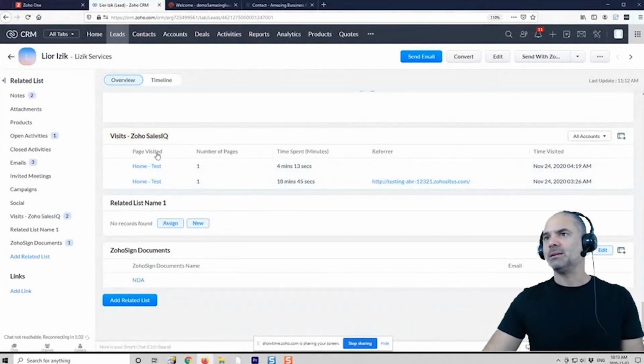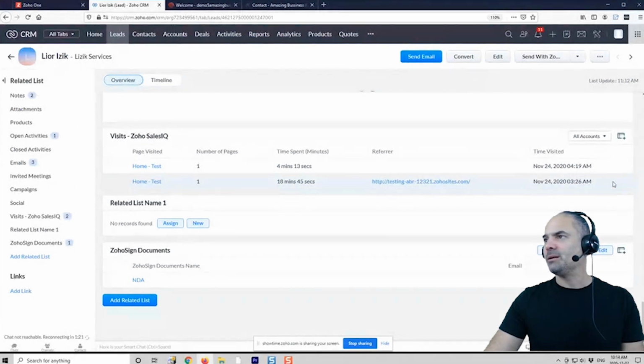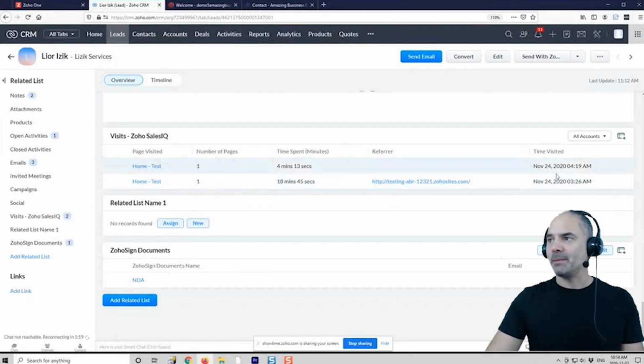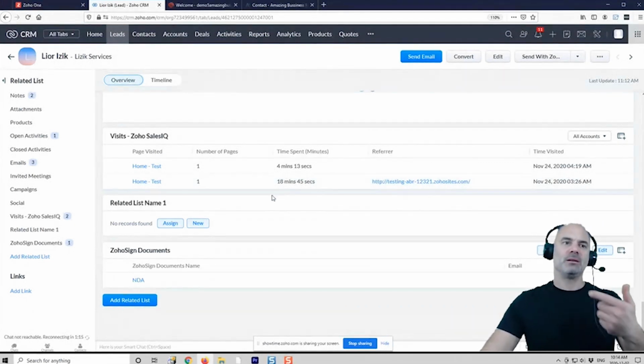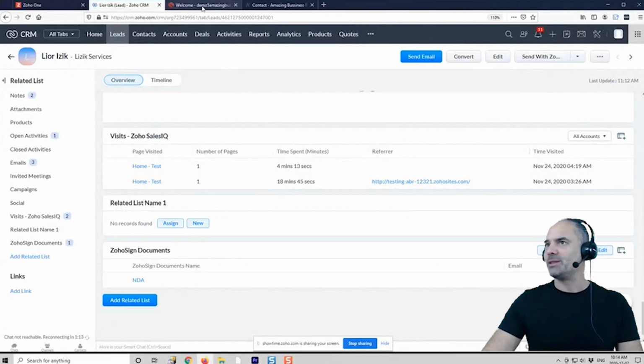So you will see the page that he was visiting, the number of pages that he saw, the time that he spent on this visit, the referrer, if you have any, and also the time. And that's being done automatically as the person visiting your website every time.